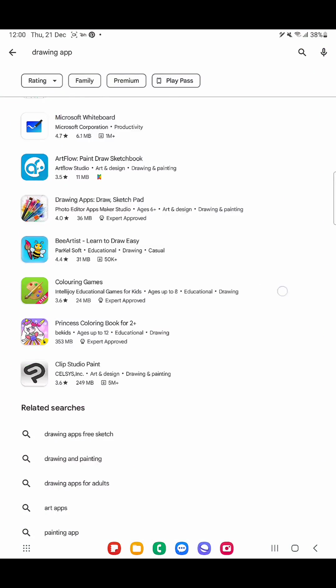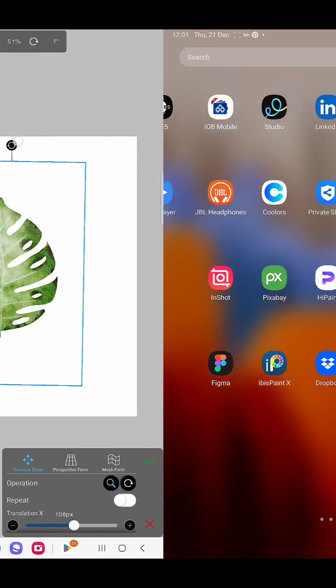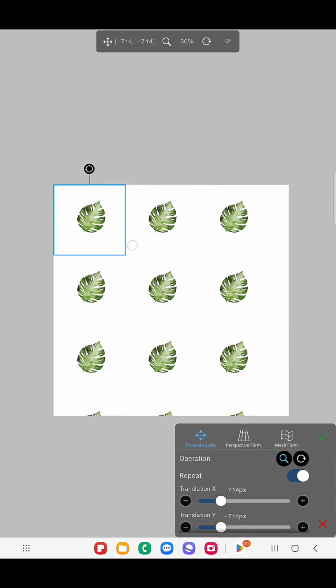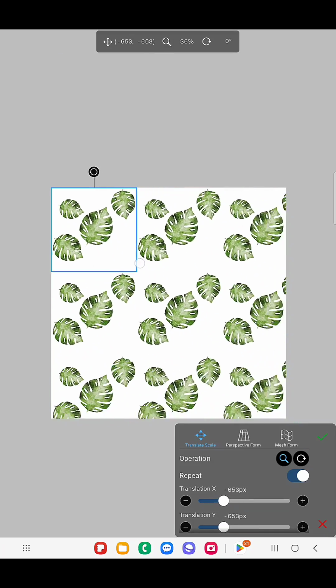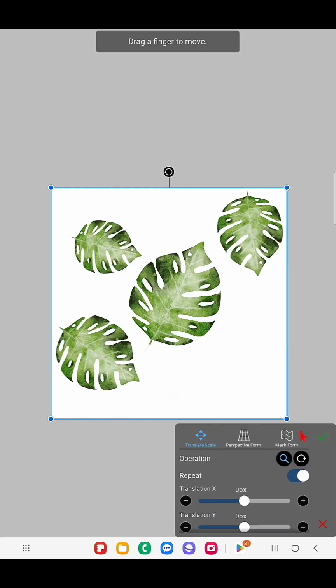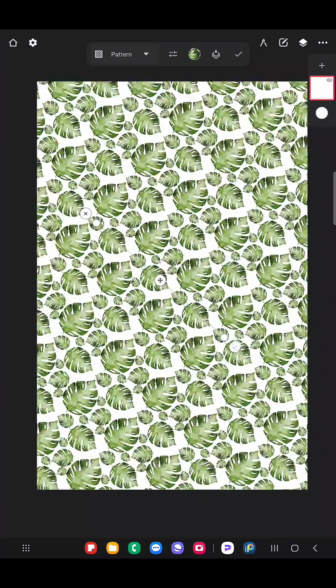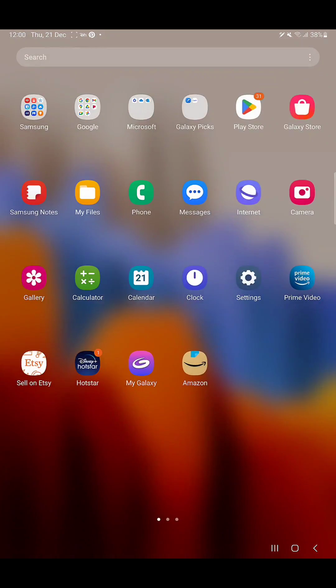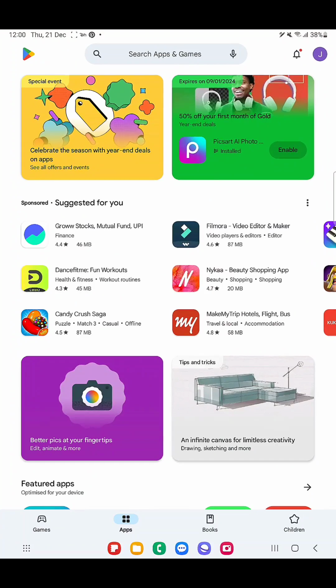Hello everyone, in this video I am going to discuss in detail about the best Android drawing app for creating seamless repeat patterns in the Samsung tablet or any other tablet or even in your mobile phone. First, open our Play Store,